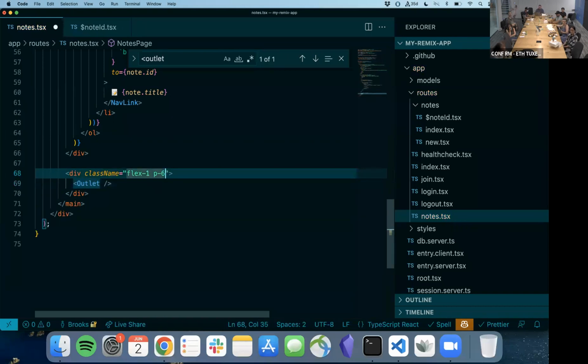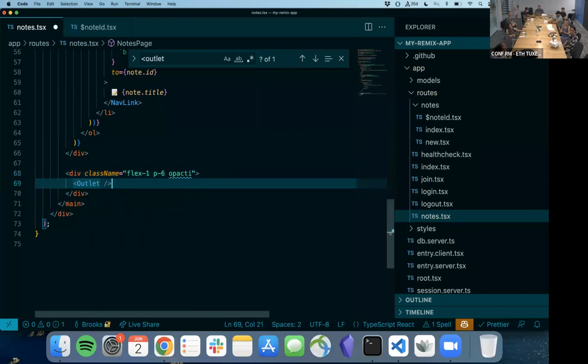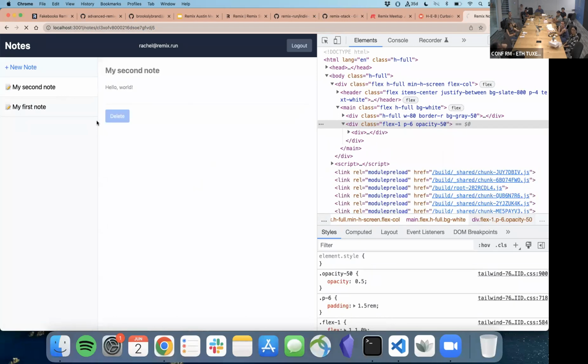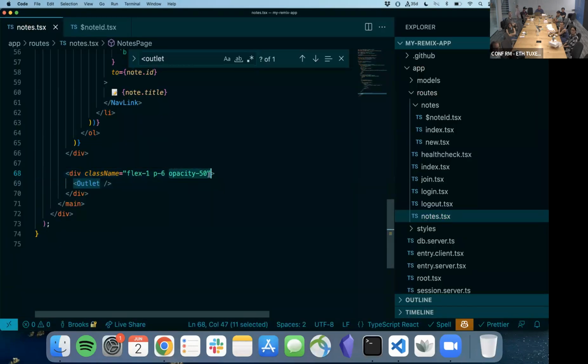Okay, so let's make sure that this actually works. So we're gonna do opacity 50, perfect. And we wanna see, okay, cool. So we got some opacity. So that's what we want to do. We want to add opacity there. And by the way, if you're wondering how did I just do opacity-50? That's Tailwind. It's a styling library. Don't worry about it. I could have done this as CSS. There's a million ways to do it. That's just a detail. Okay, so how do we get that to dynamically load if JavaScript is enabled